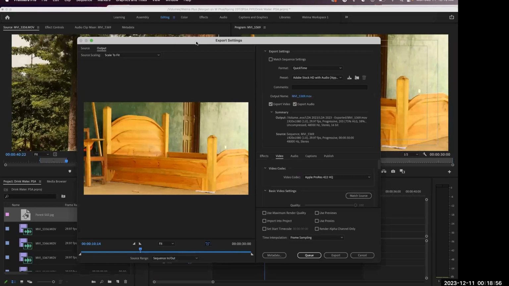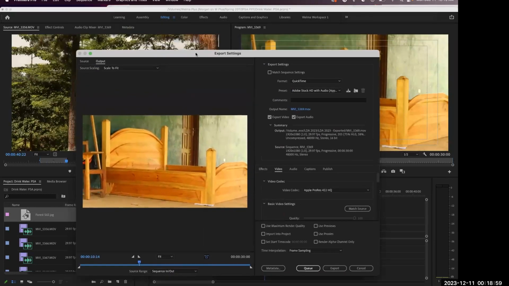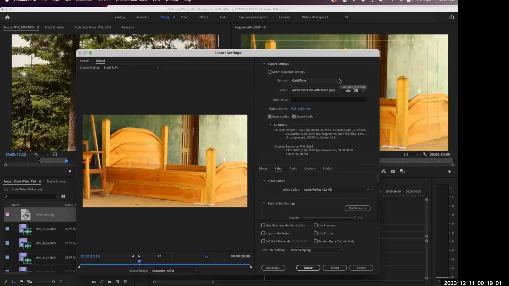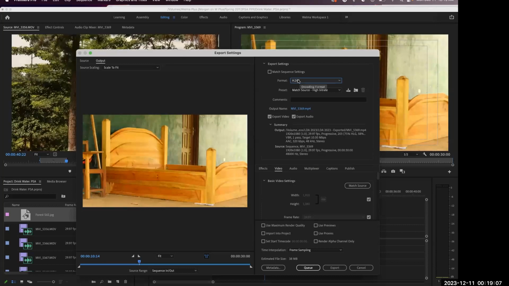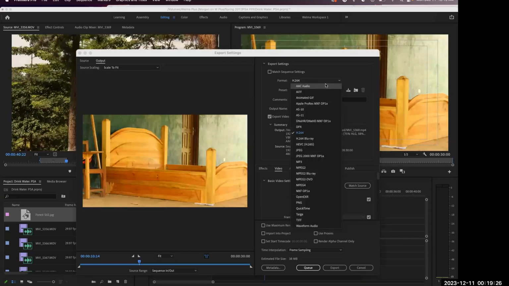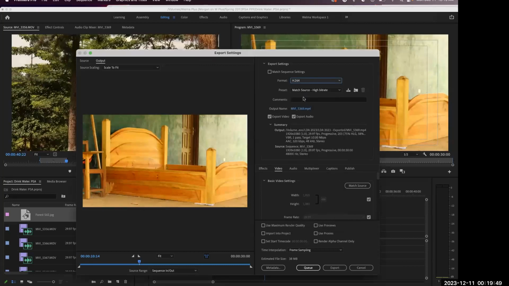In the Export Media window, we don't want QuickTime. You want to use H264. This will give you an MP4 that can be used on YouTube. H264 gives you a format that's small enough, but once you select H264, then the next thing you want to select